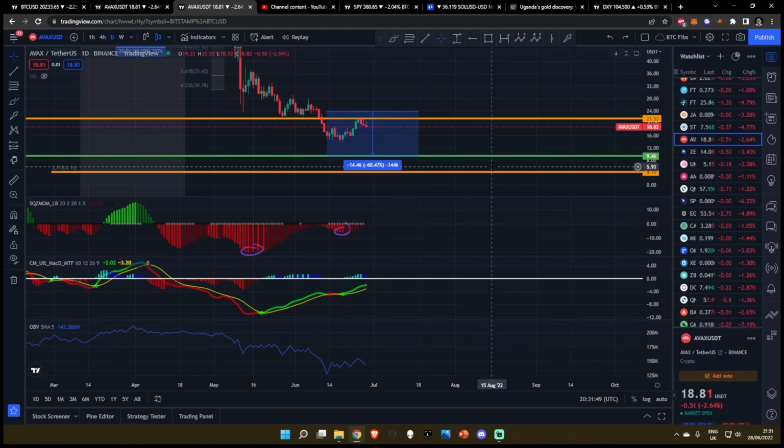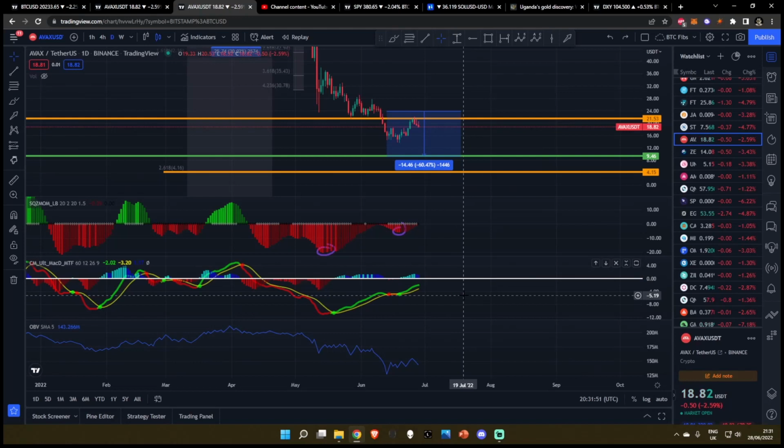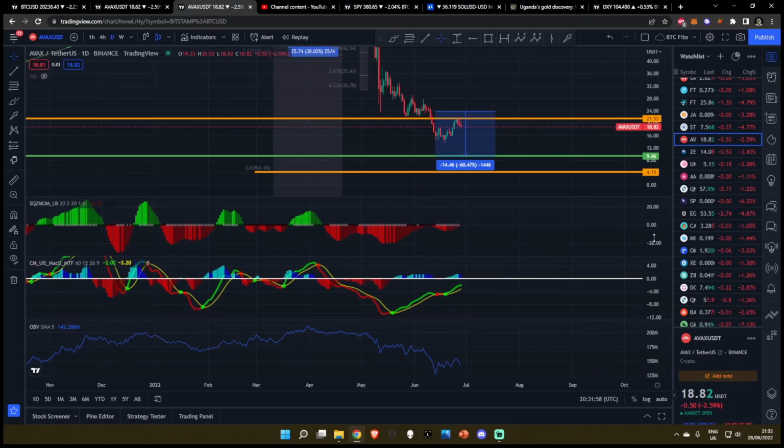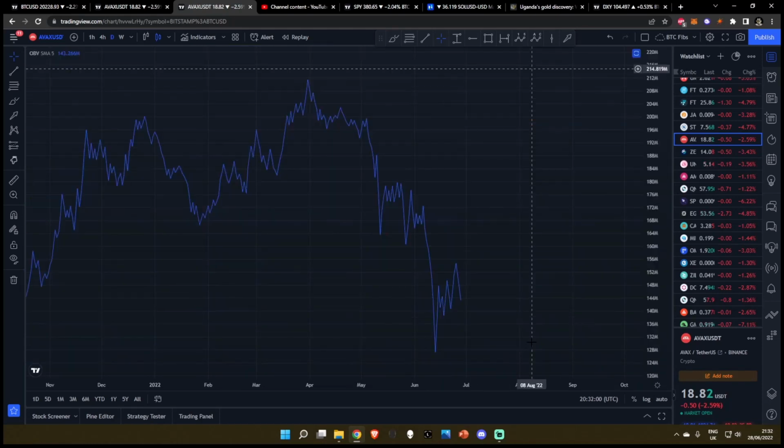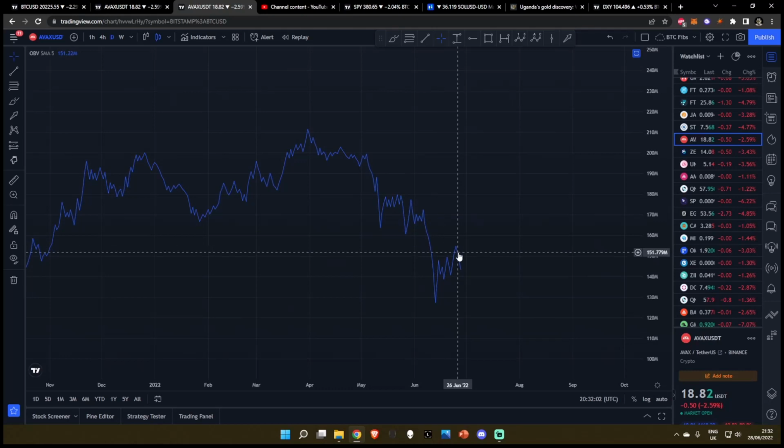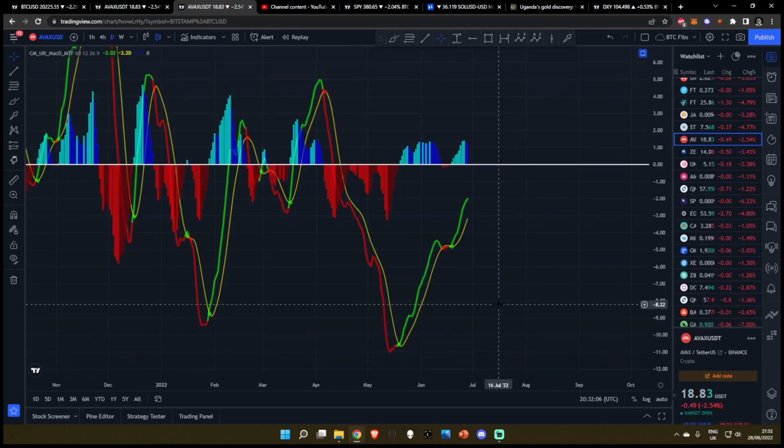$9.46 rather. If we do look at the daily time frame, let's see, because the squeeze bomb is stagnant right now, so we'll head over to the lower time frames in a sec. Let's talk about the rest of these. The OBV, the on balance volume, is massively heading down. Lower lows, lower highs everywhere, not looking good for the OBV.